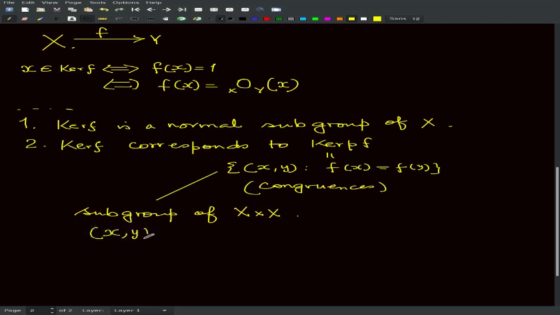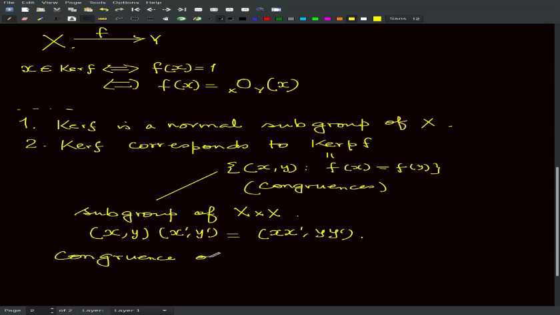Multiplication is component wise. And it is shown that congruences on a group, they exactly match. So the correspondence is congruences on x,